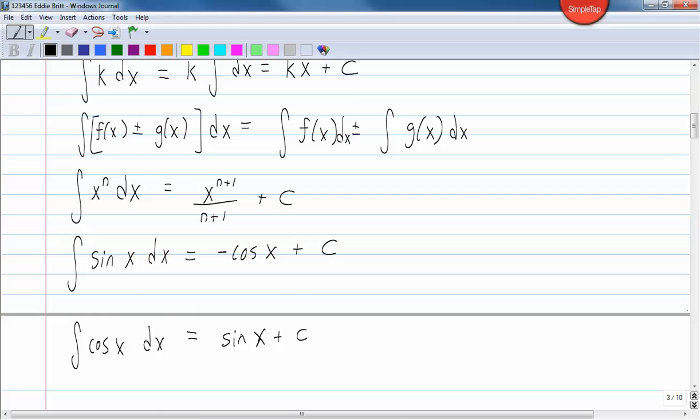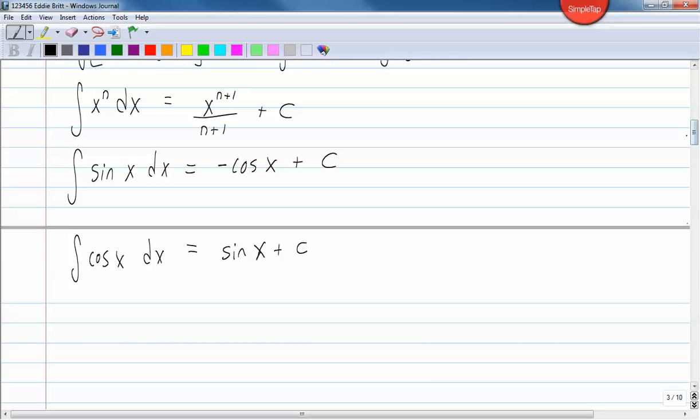So we want our answer, when you take the derivative of the answer that you get, to give you your integrand, or what you are integrating. Alright, so that's a good thing, that you can check your answers like that most of the time. You can take your answer, take the derivative of that answer, and you should get your integrand. Alright, now since we do know derivatives of all 6 trig functions,